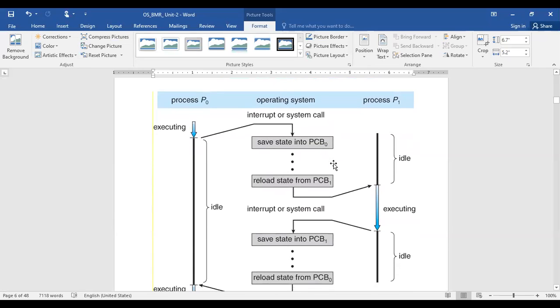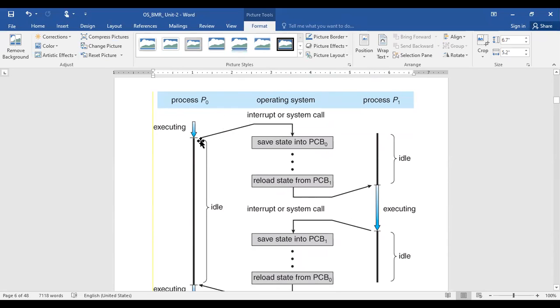Now let us see how the switching happens between one process and another process. Initially, process P0 is executing. During that time, for example, this process requires the services of an IO device or any other memory device. At that moment, it interrupts with a system call, which stops its execution.